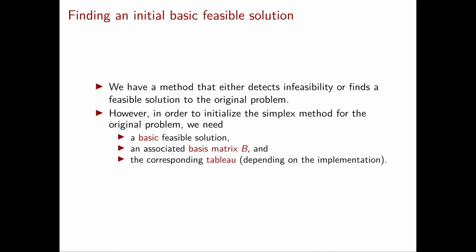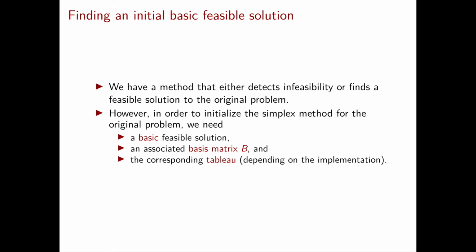So all in all, what did we obtain from this auxiliary problem so far? By solving this auxiliary linear programming problem, we either understand that the original problem is infeasible, or we understand that it is feasible and we also obtain a feasible solution. This is close to what we wanted, but it's not exactly what we wanted. In fact, if the original problem is feasible, we don't want to find just a feasible solution, we want to find a basic feasible solution.